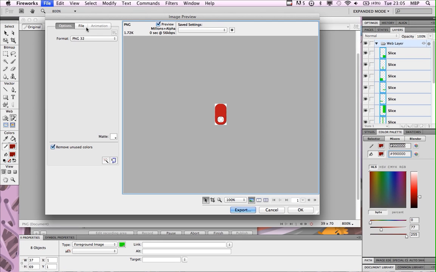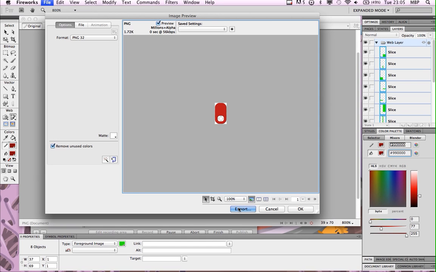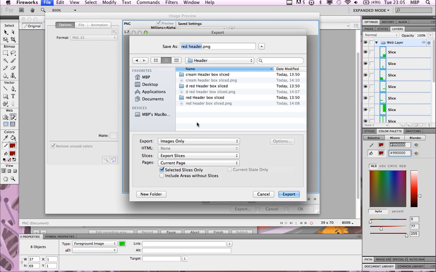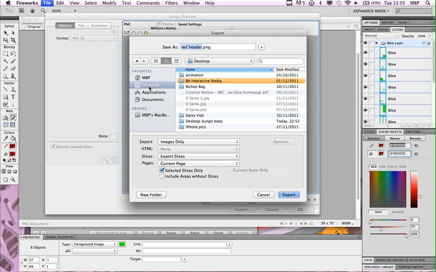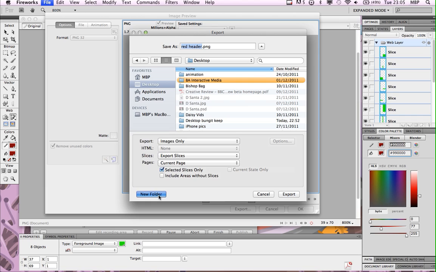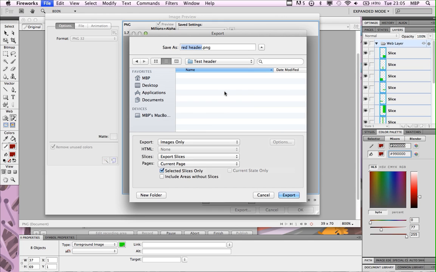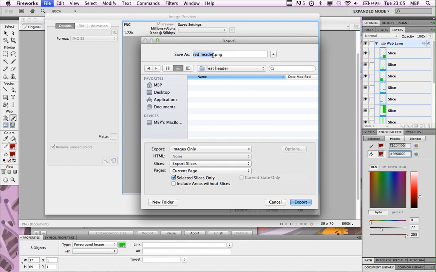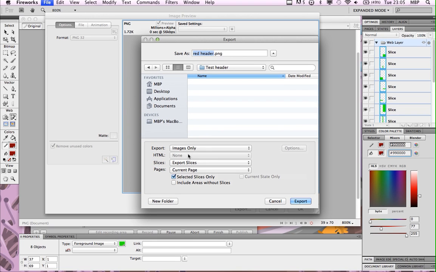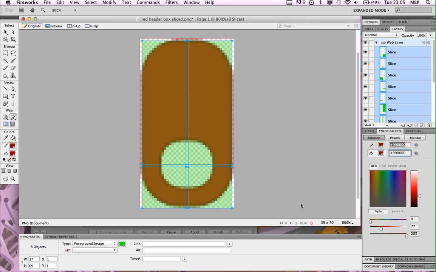So once I've selected that, I can click on export, and I can choose to export this. So I can export this onto the desktop. I'll just create a new file there, create this test header, and I can call this red header there. I want to export just the images as slices, not just selected slices but the whole thing, and then I click on export,